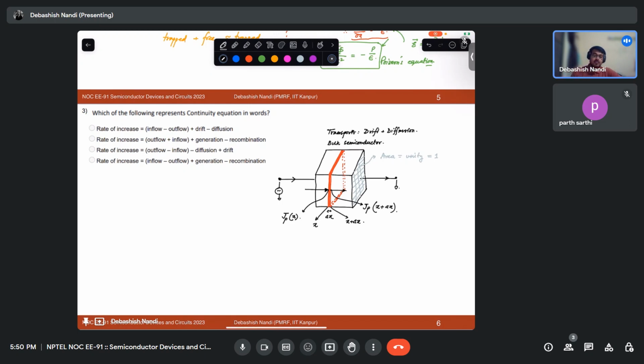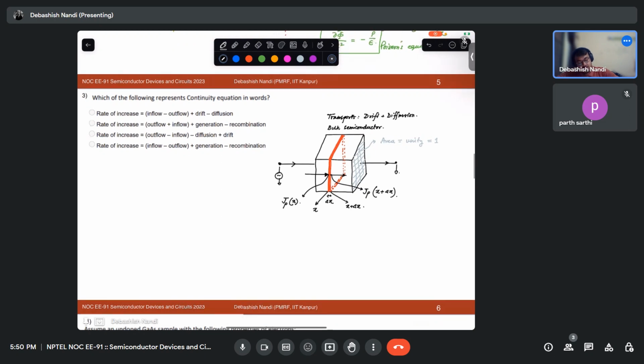Now, what is the law of conservation? It will tell you that the net rate of increase of carriers in the volume, delta x times 1 being the area, will be equal to